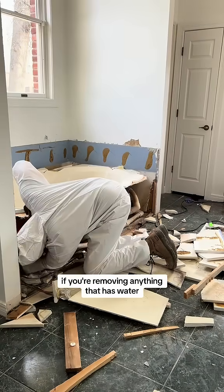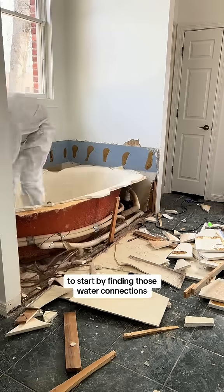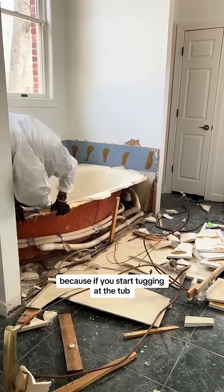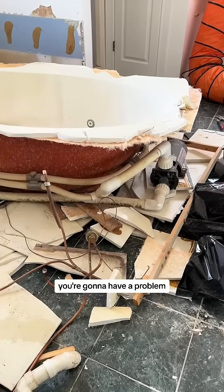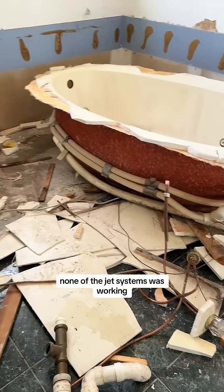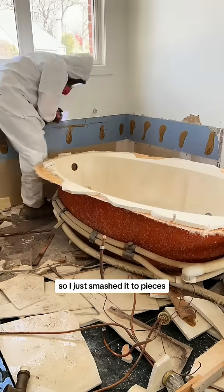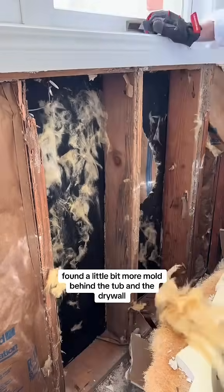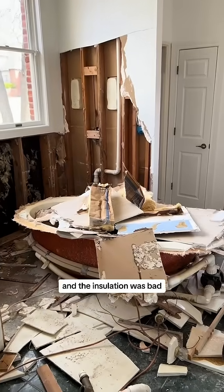Just remember, if you're removing anything that has water, to start by finding those water connections and making sure they are completely turned off, because if you start tugging at the tub and break a water line, you're going to have a problem. I knew this tub wasn't working anyways, none of the jet systems were working, so I just smashed it to pieces, and my goal was just take everything out here and get it in the dumpster. Found a little bit more mold behind the tub and the drywall, and the insulation was bad, so I pulled